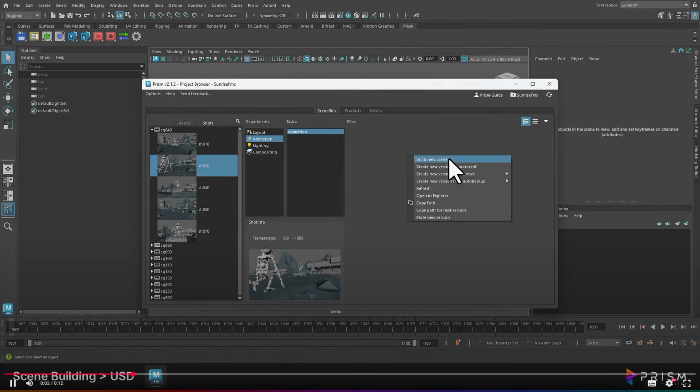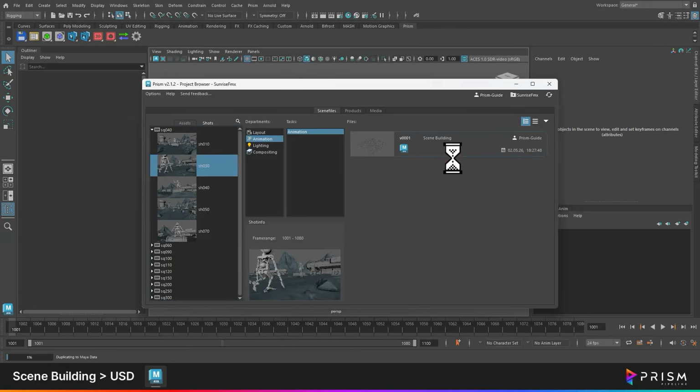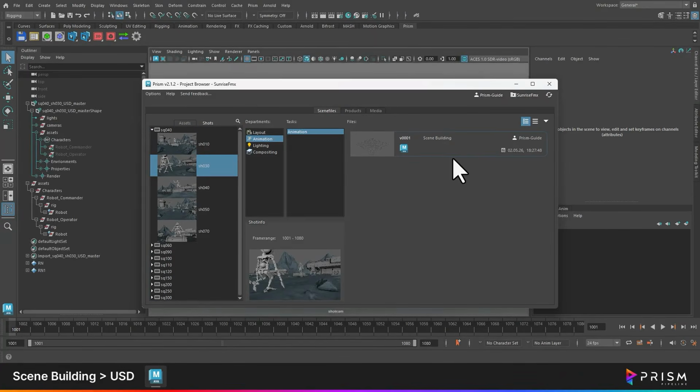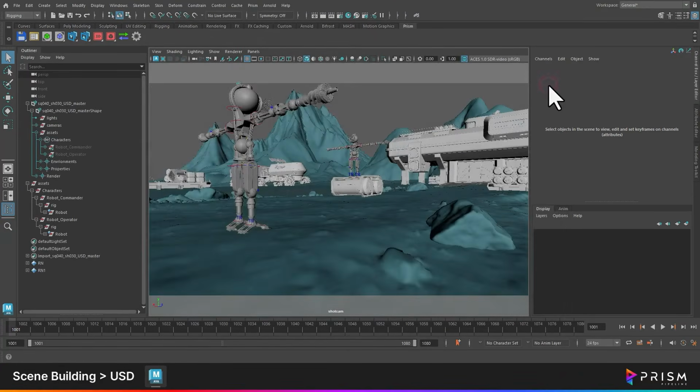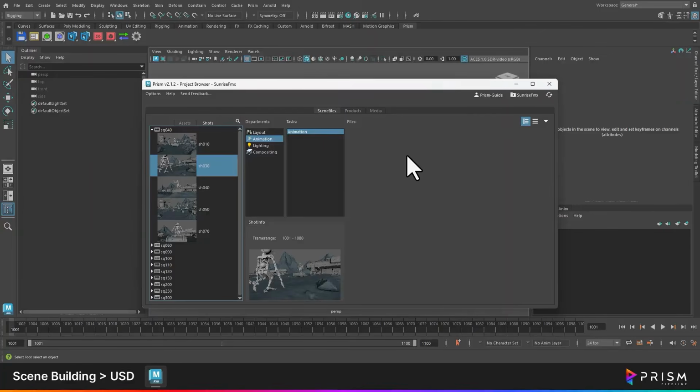For the USD example, we are again in an empty Maya session, and we will run the scene building. And this time the whole animation scene is built. And to recap that as well,